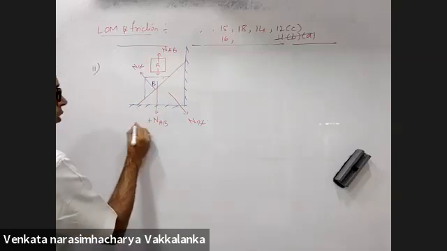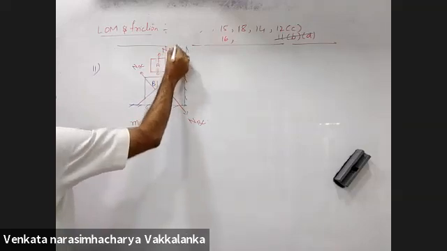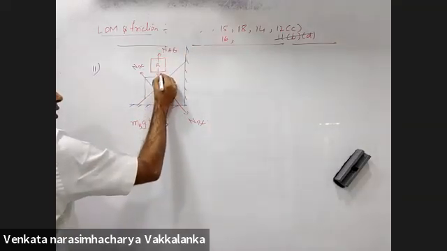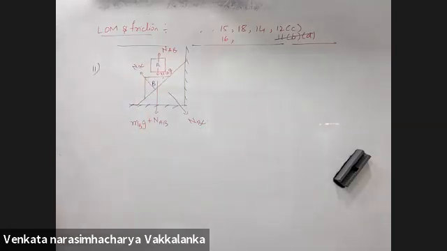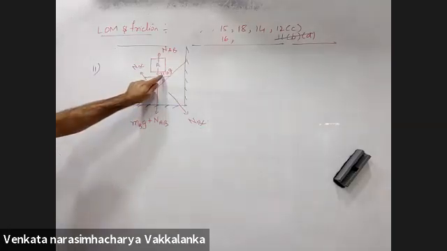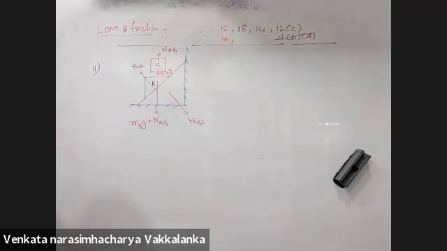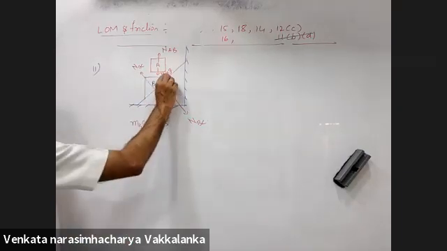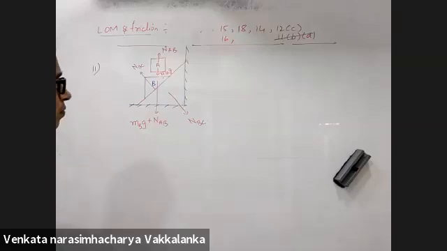Plus MB into G on NB. Not only will this normal force act. Here I am running short of space, but are you able to see the diagram? This is weight MA into G. And here the masses have the same mass M, but temporarily I'll take MA and MB so that you know which mass you are referring to.